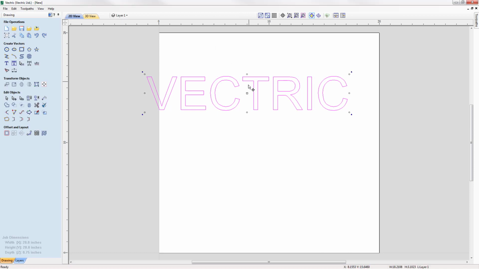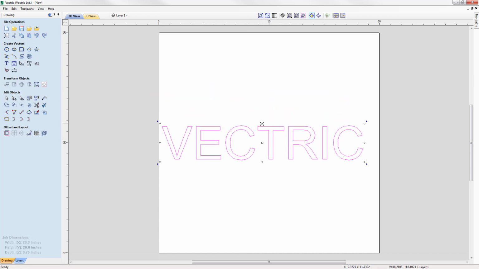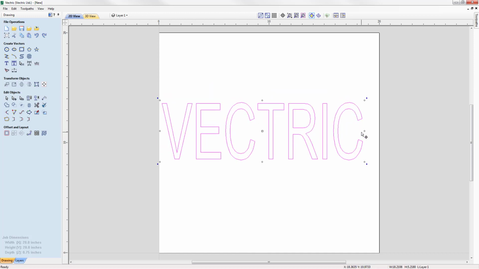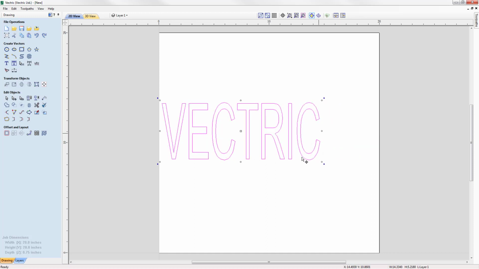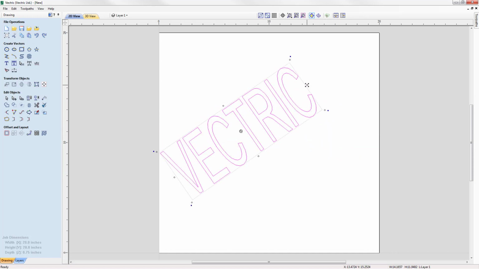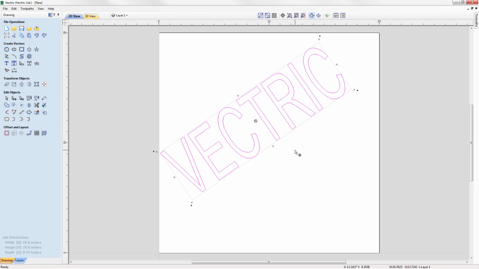So with that text, I can select it to put it into transformation mode. I can move it. I can alter the height of it. I can shrink it down if I wanted to. I could look at rotating the text. I could then look at stretching that rotation. And all of the different changes that I'm making to the text will be maintained when we come to edit